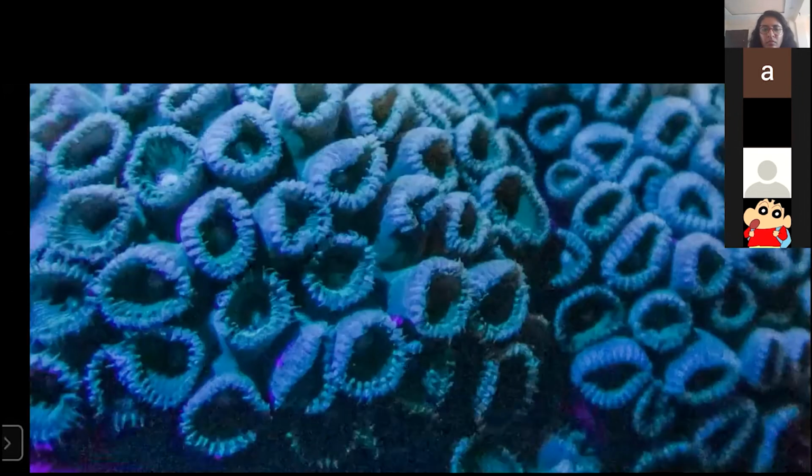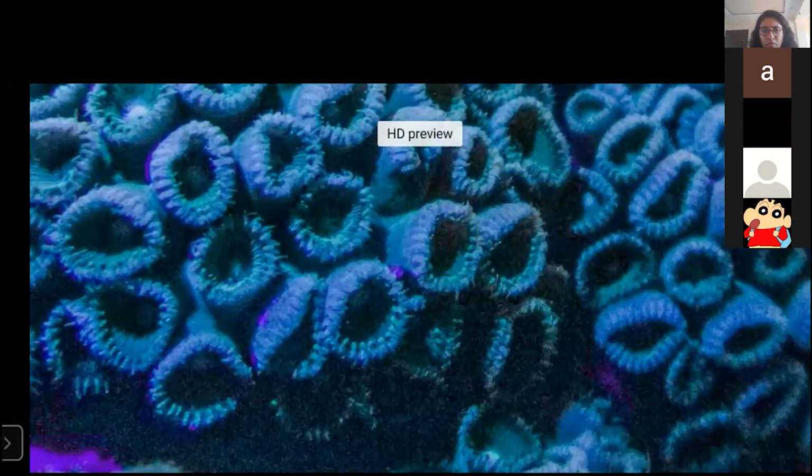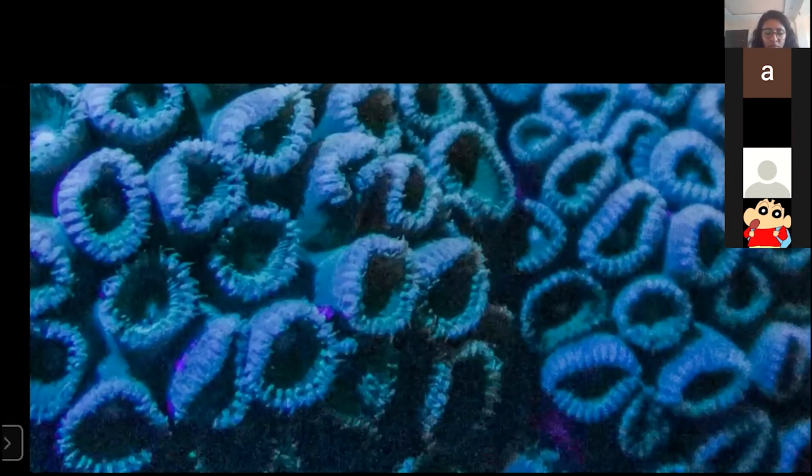Each hexagon or circular pattern you can see is one animal called a polyp. Each polyp is like a jellyfish, which has a stomach, a mouth and a ring of tentacles around it. Those tentacles allow it to grab prey, like eggs, shells and larvae of different small planktons,